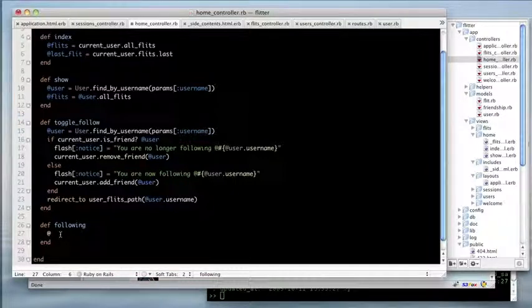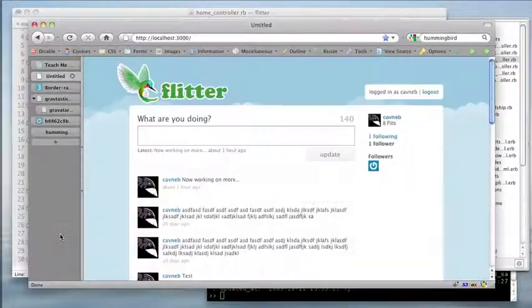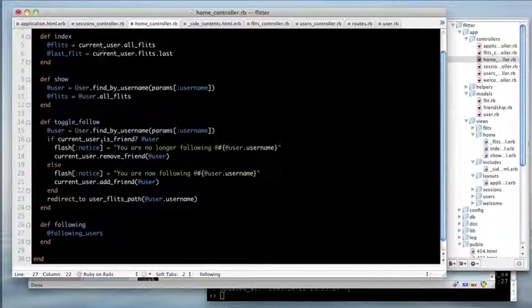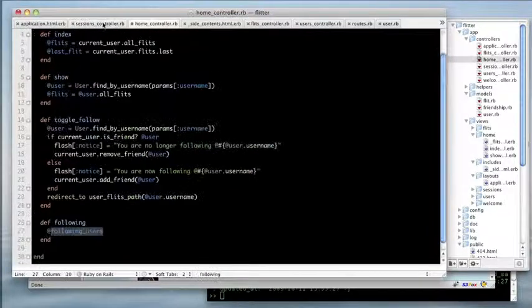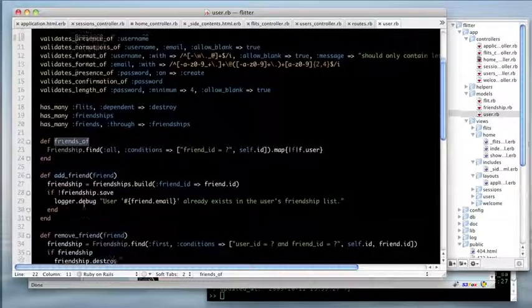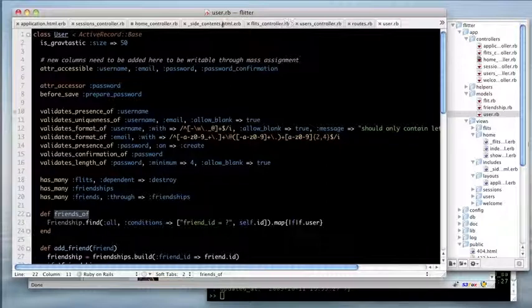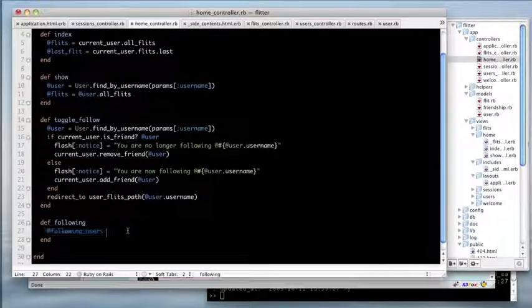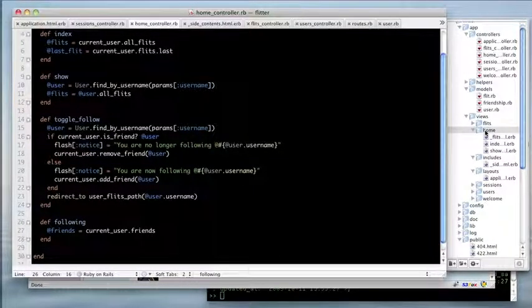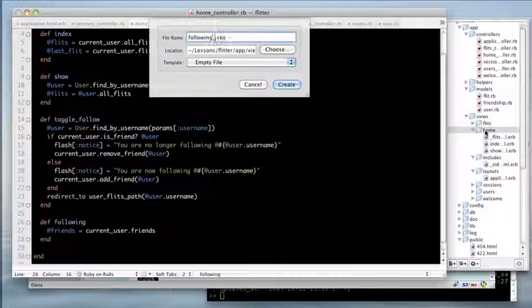our followers, our following users are going to be, actually I think it's just friends, isn't it? So we have just current_user.friends, I believe. Yeah, it's just friends. So never mind. We really don't need to do it right here. We can do, let's just say friends is equal to current_user.friends, and we can create the list from there. So okay, so now we come down to here and we want to create a